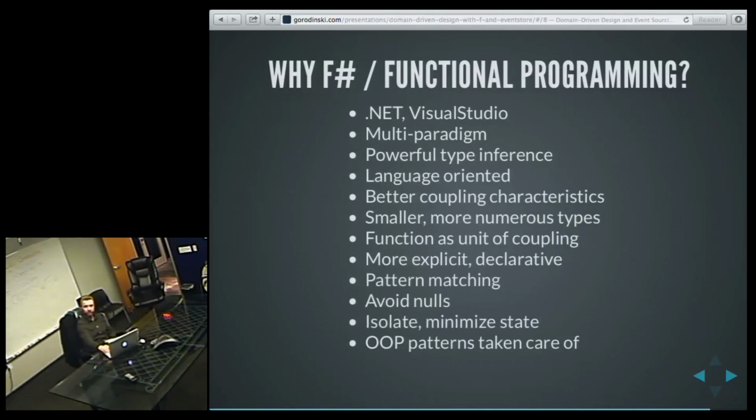So we're kind of nearing the conclusion of what I had to talk about. To recap, these are the whys of F# and functional programming. The biggest thing with F# is that it's on .NET, and so it's easy to get started with it. The team that I'm on right now, they're mostly C# guys, but it's really easy for us to work together